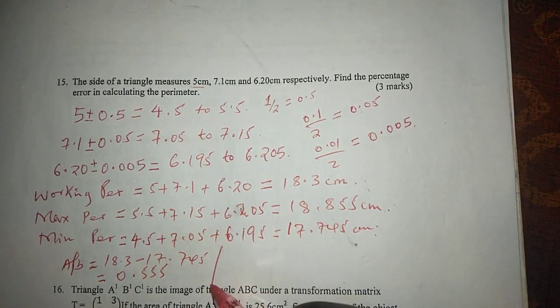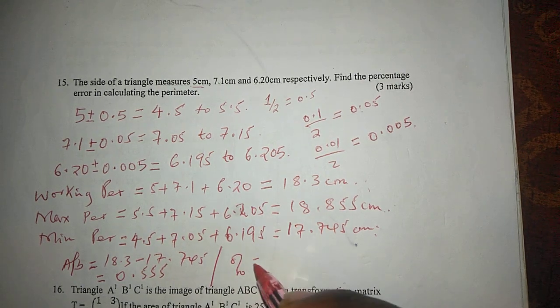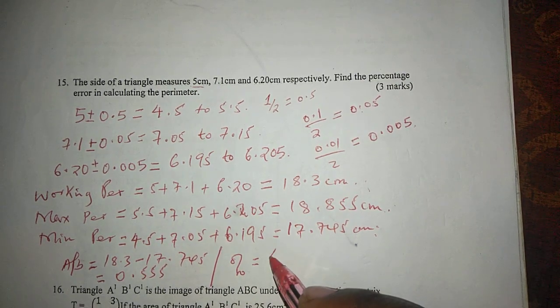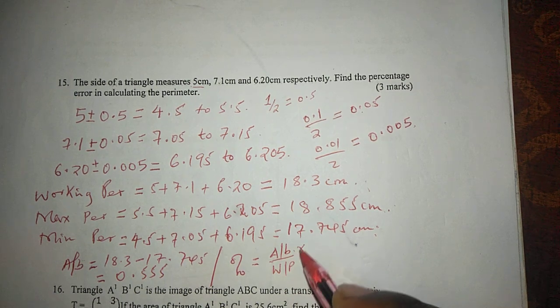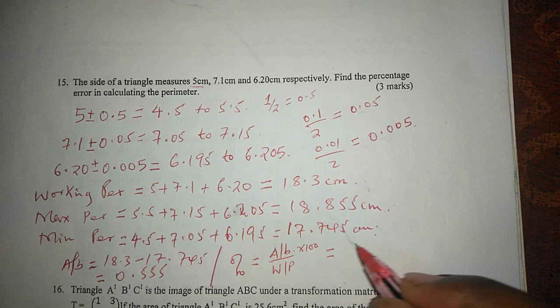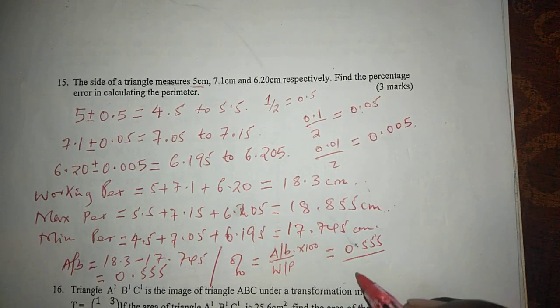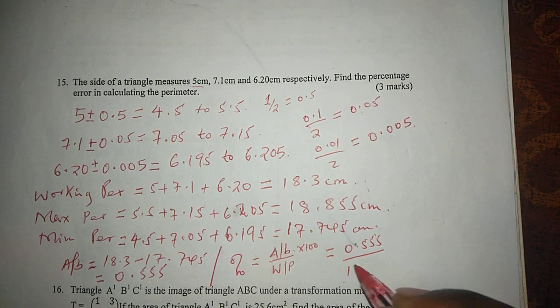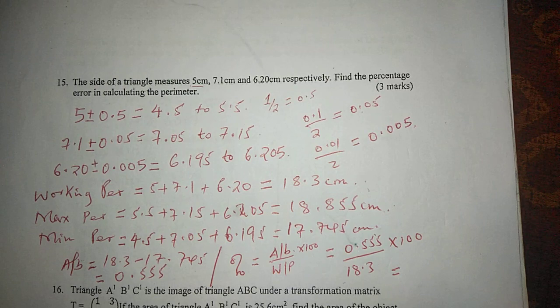So that will be the absolute error. After that, we get what we call percentage error, which is calculated by getting the absolute error divided by the working perimeter, and we multiply by 100%. This is 0.555 divided by the working perimeter, which is 18.3, then we multiply by 100. So this will give us